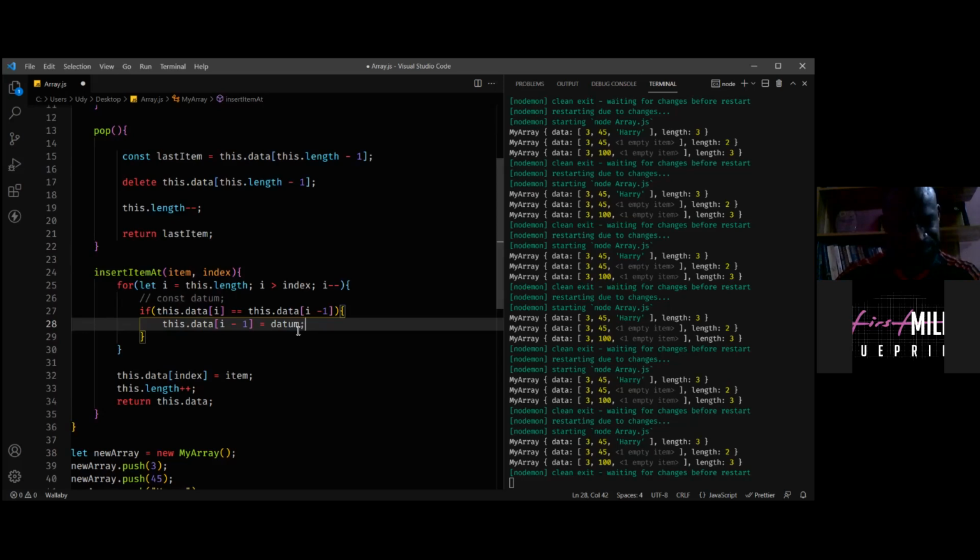So we're saying if this.data at the index, while you're going through, equals this.data[i - 1]. Should we be checking for index there?